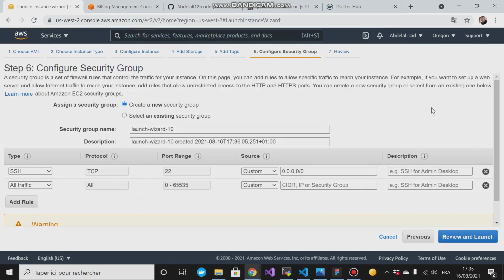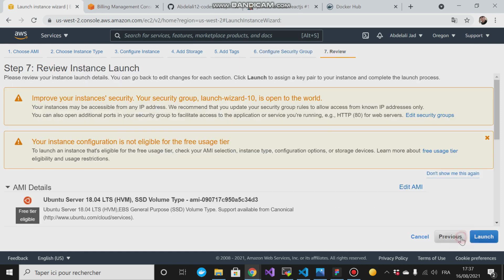Because when you try to join your worker node to the cluster, you have to specify the port of the control plane. So from here, I prefer to open all the traffic, but you can open only the port 6443, something like that. I could not remember. So it's better to go with this option to open all traffic, then review and